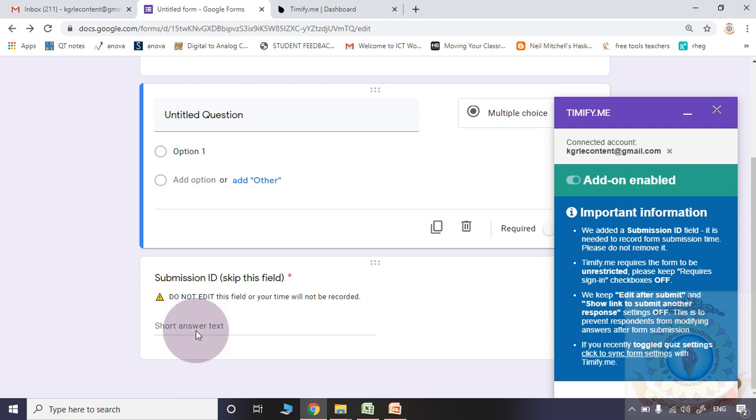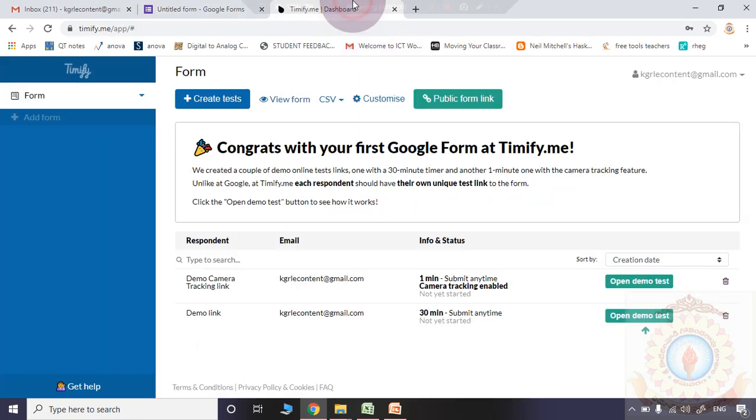You are supposed to give the instruction to your students in the form. At last, one submission ID will come automatically in your question paper. Don't touch that particular field. You are supposed to instruct first of all.